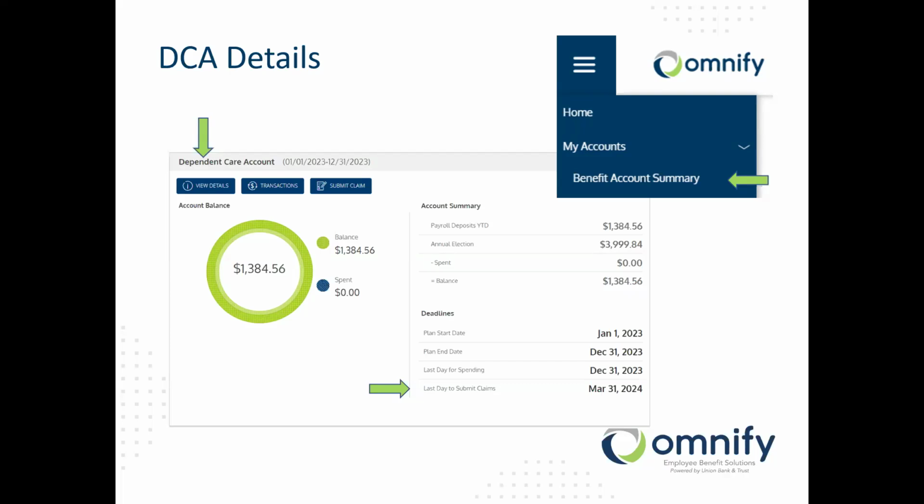Once you're in, everything is laid out in a really straightforward way. So you'll be able to see your current balance, how much you've spent year to date, contributions coming from your paycheck, and what you'll still have remaining. You'll also find some important details in this section, including your plan start and end dates, the last day that you can incur expenses, and your deadline to submit claims. So no need to email HR. Everything is going to be in this place. But most